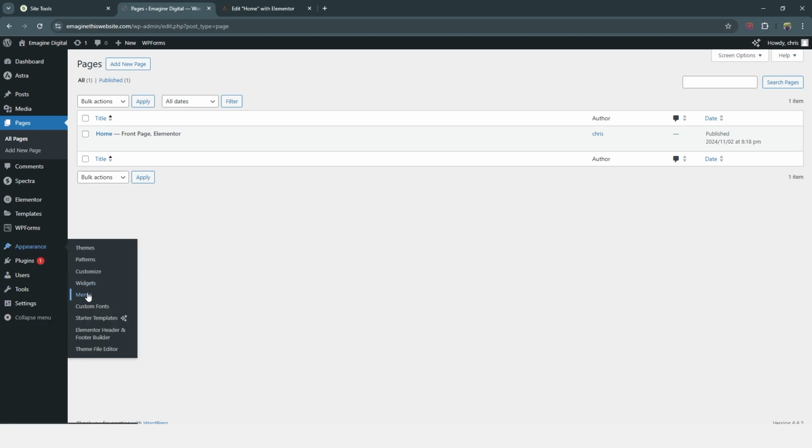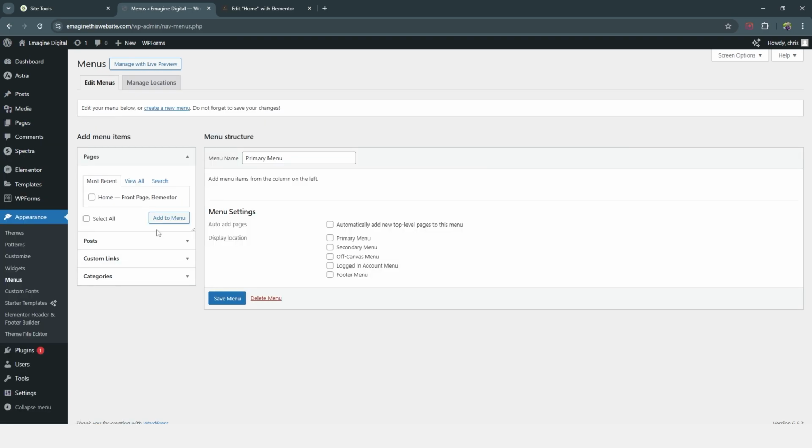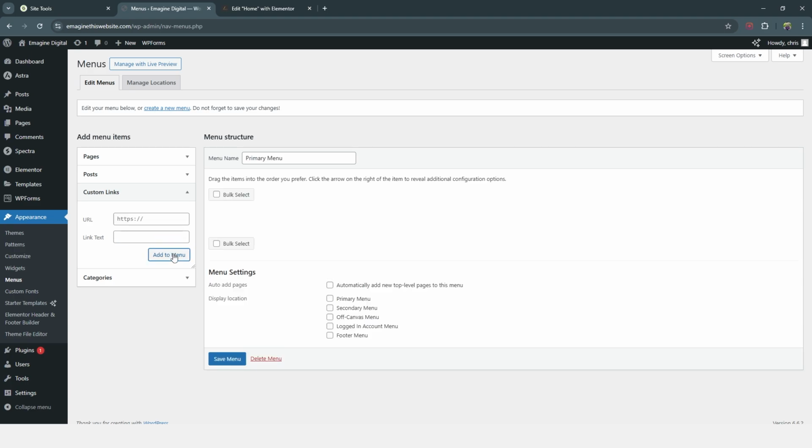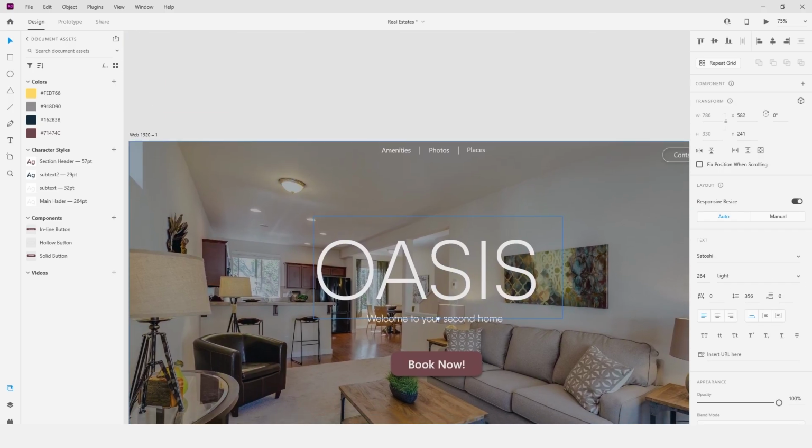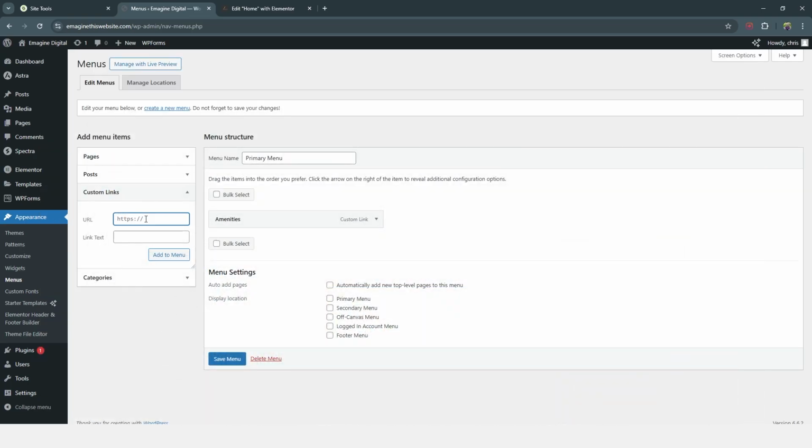Go to appearance, menus, and then we want to add custom links. So select custom link. For URL right now, you just need to put hashtag, and the link text should be the text of the menu option. So in this case, the first option is amenities, and then select add to menu. Do the same for the other two. What was the other two? Photos and places. So just add a hashtag for now,